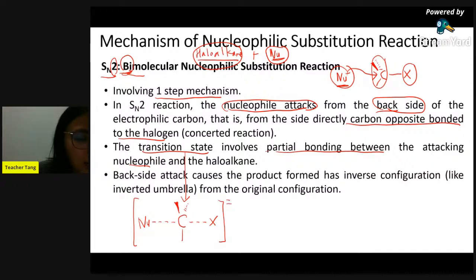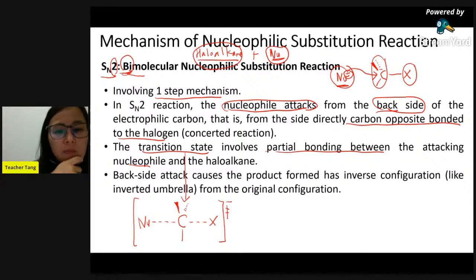Remember chapter 1, SN2, I told you already, the symbol is double dagger to represent the transition state. And there is a negative charge sebab nucleophile -1, -1 neutral, so here -1. So this is a transition state di mana involves partial bond forming between the nucleophile and the carbon, and partial bond breaking between the carbon and the